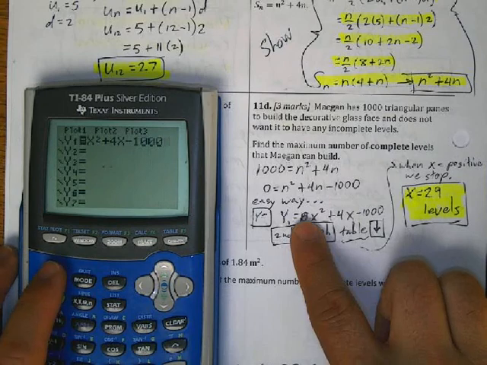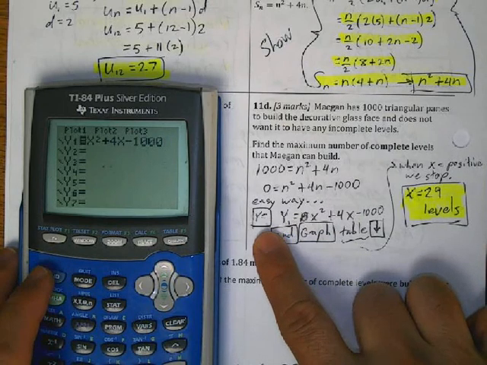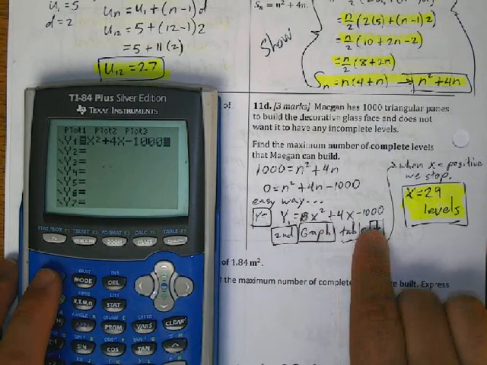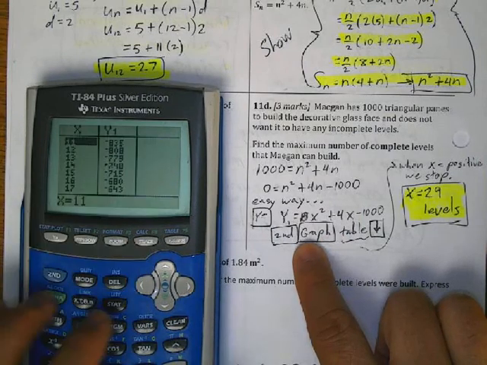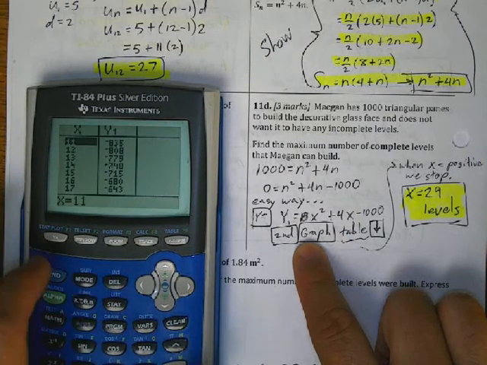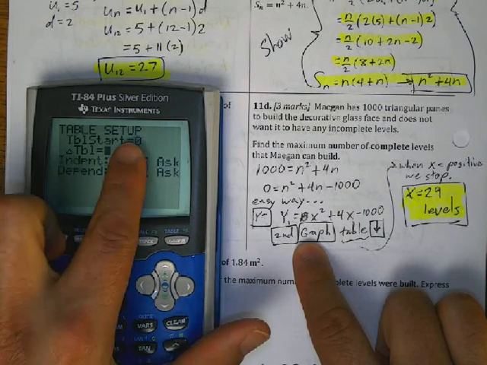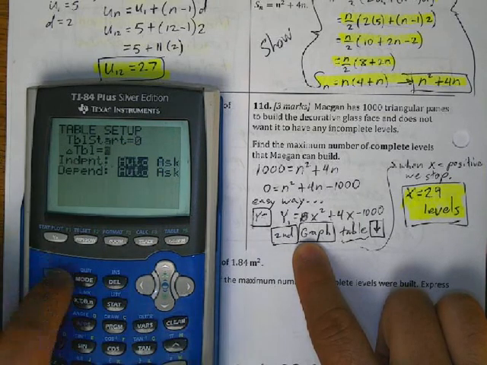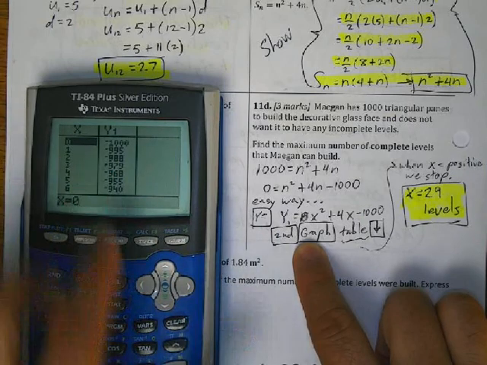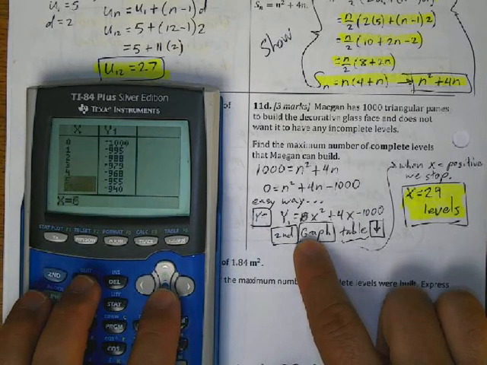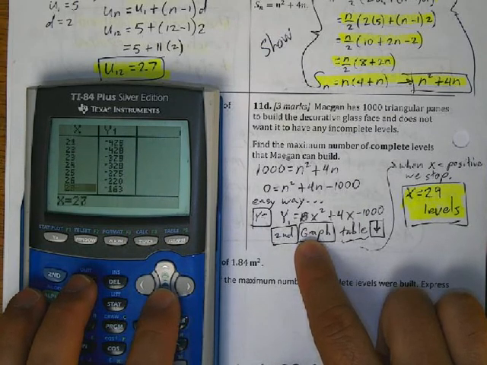And then if I hit second graph, okay, so table start at 0, second graph, I'm starting at 0, and I'm going to keep going up, or moving down,